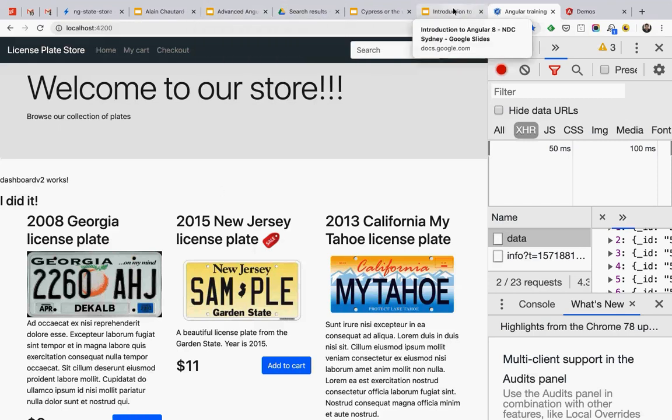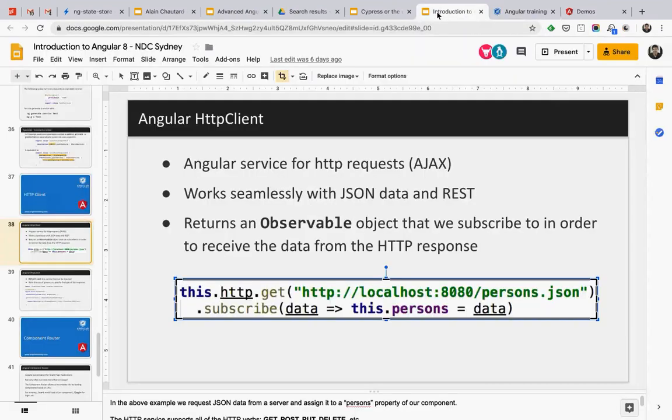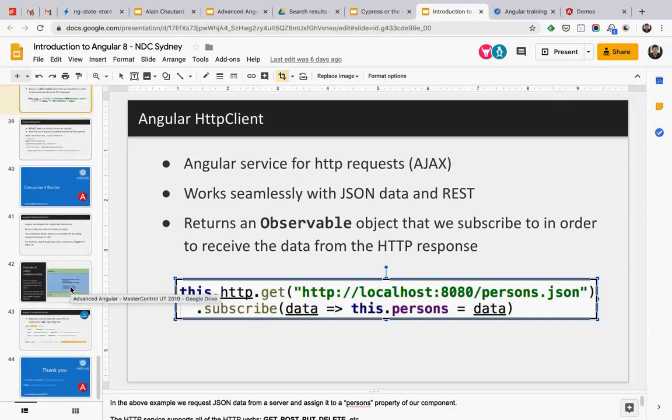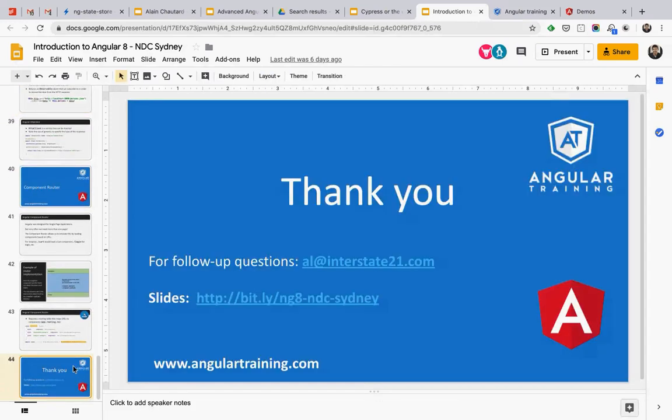Any final questions on Angular? Or do we switch to TypeScript? So if you want the link to these slides, it's right here. So there's a few more things that I didn't go through, because I could do that all day. That's what I did today. I would never stop.